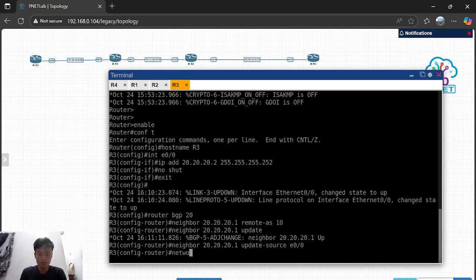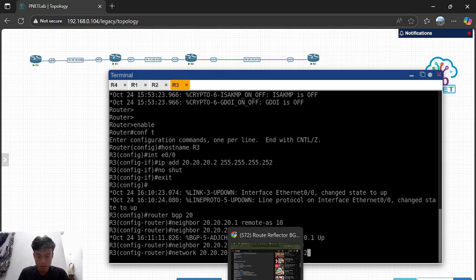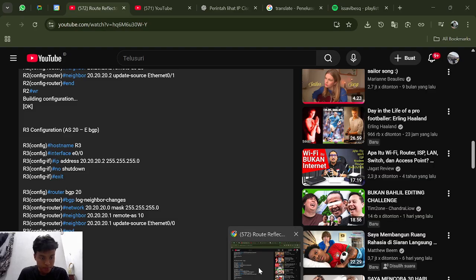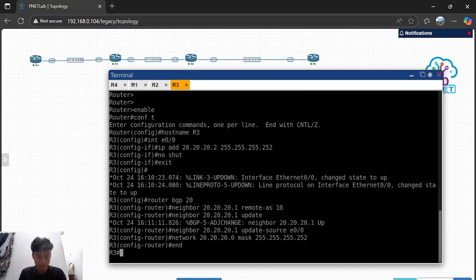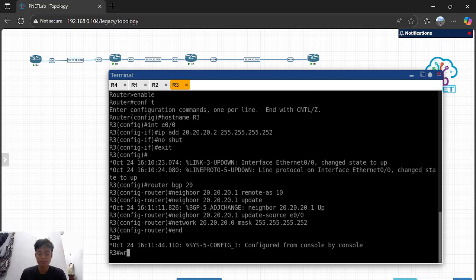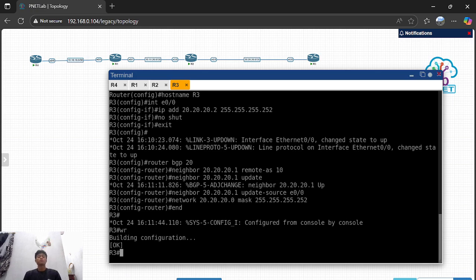You can add the network with mask, like this, enter, and you can end. And after that you can save the configuration.